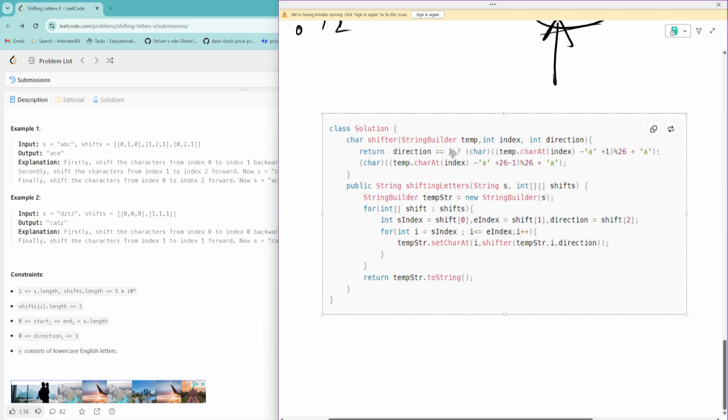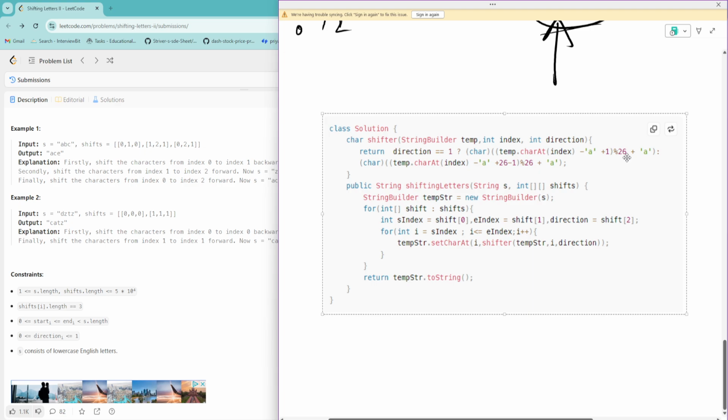If the direction is 1, that we need to move forward, then we get the integer ASCII value of that particular character, and it is specified that we only have lowercase. So that's why we are subtracting lowercase a, plus 1, because we need to move forward, and